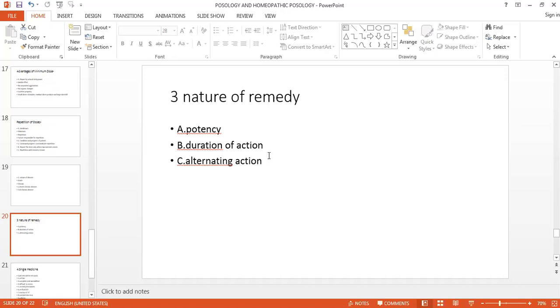So if improvement ceases or there is a standstill condition, you can repeat your medicine when the original symptoms return back, that also I have told you yesterday. It happens that when you are giving the medicine to the patient, sometimes the patient does not say that I had this disease earlier.